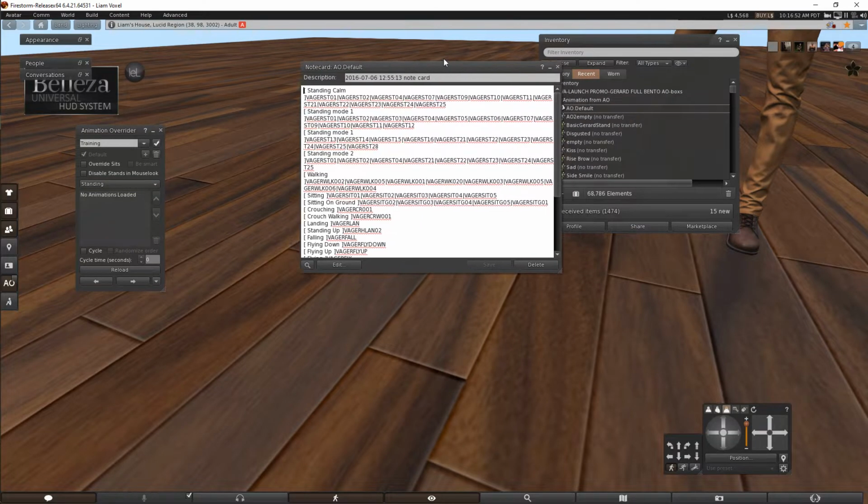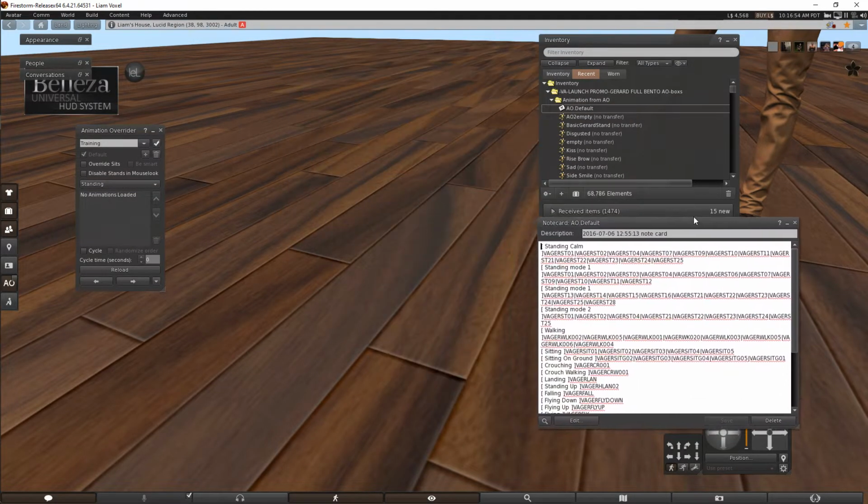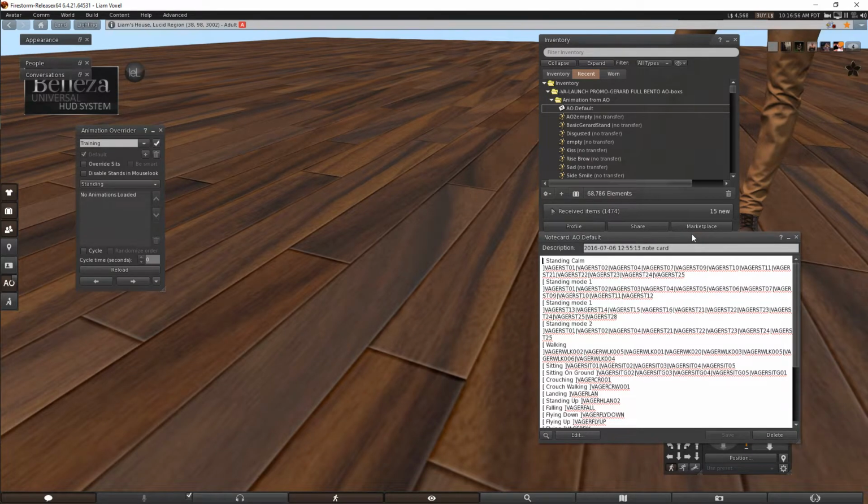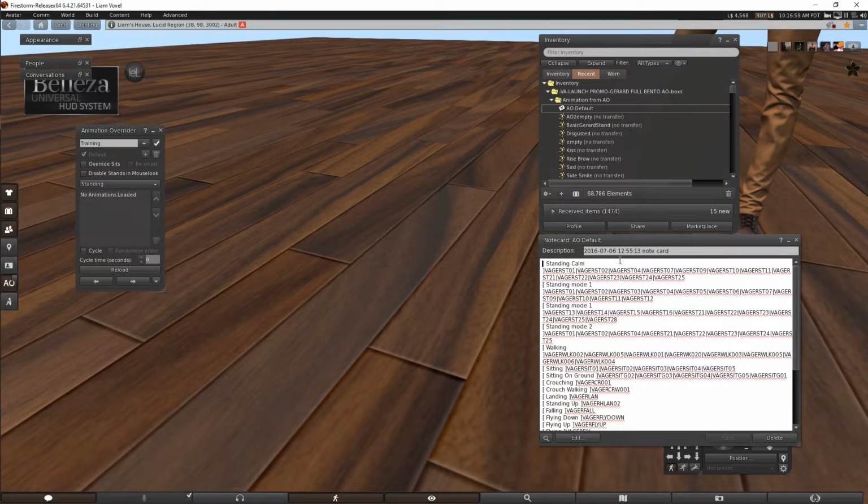But what you want to do is open up that note card that you got, because this note card is going to be your best friend. And so the way that the animations are loaded here is you see standing calm, standing mode 1, standing mode 2 is how Vista had their animations coded in their note card. So what I did was I looked at the schema. This is going to be the name of the animation in your inventory. And I said, well,